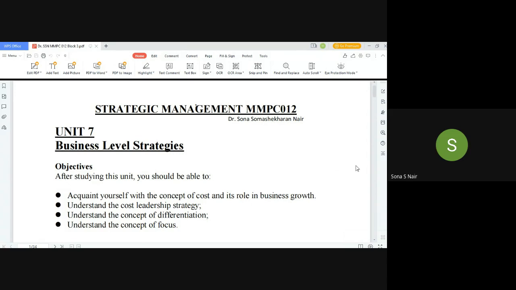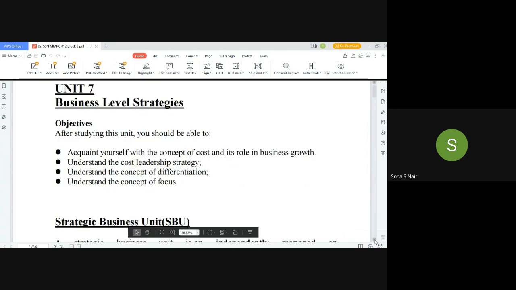Right then. So the block 3 is going to discuss the different business level strategies that are available to the organization when they are talking of the process of strategic management. Again, let's look at this. The process of management says that after you develop mission on the basis of vision, after you analyze the environment, the external and the internal environment, and you establish objectives, now is the time to actually look at how you're going to achieve those objectives. So you have a wide range of strategies to choose from. And what are these strategies? We are going to look at that.